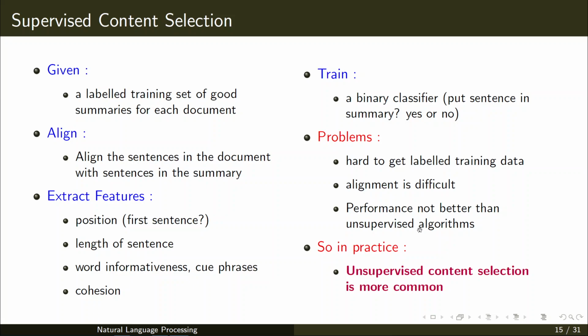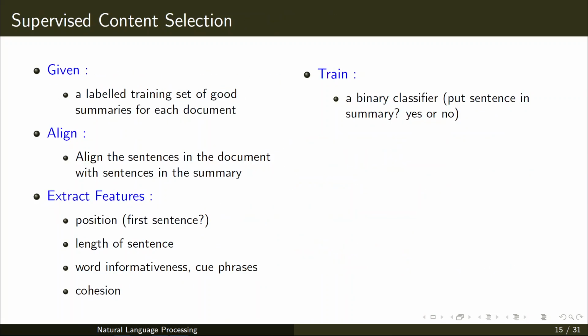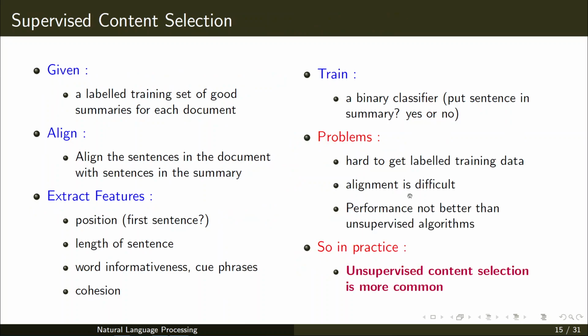So why do we have to go for all these difficult tasks? Instead of that, you could have directly used the unsupervised method by using TF-IDF or the log likelihood ratio, which we have just seen. So in practice, unsupervised content selection is more common. Why? Because the main reason is the performance.